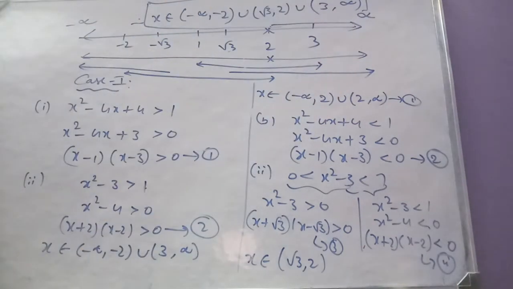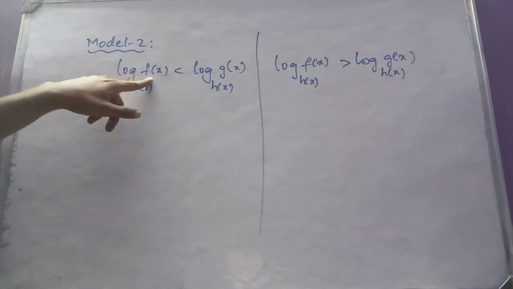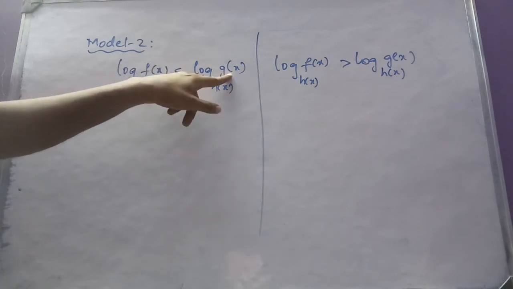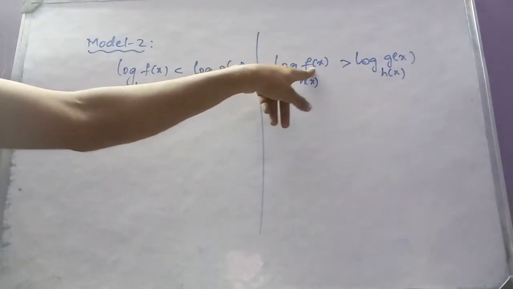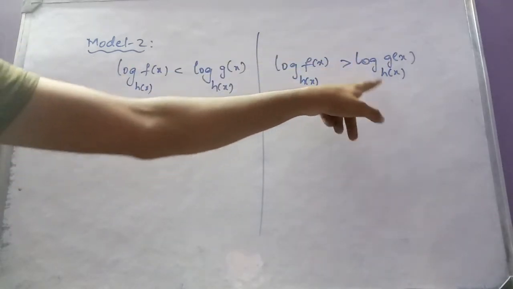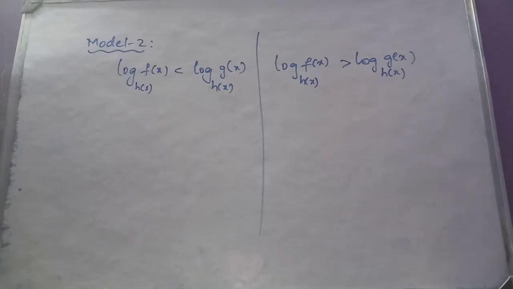So let us go for the second model. So here is our model 2. If logarithm of f of x is less than logarithm of g of x with base h of x, or if log f of x is greater than log g of x with base h of x. So how to solve these kind of logarithmic inequalities? As we have already discussed,